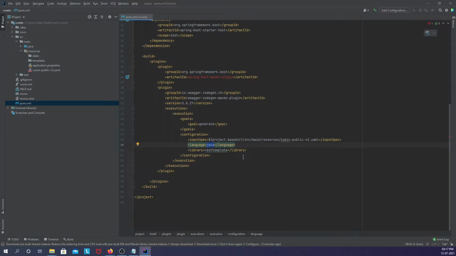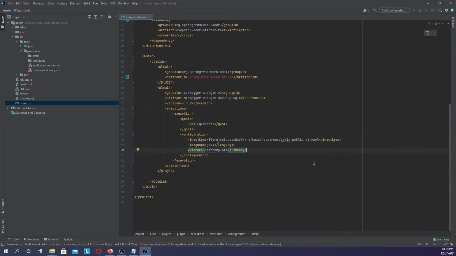As such, we can use this CodeGen Maven plugin to generate client consumer logic in different languages and in different libraries as well. The library I'm using is REST template, so the API invocation endpoint is generated with the help of REST templates, which is there in Spring.